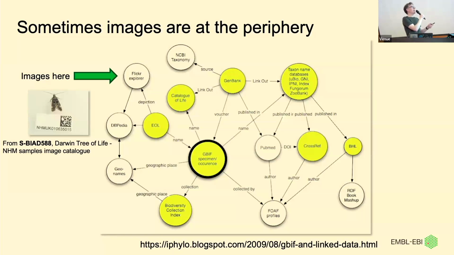So the big one in the UK is called the Darwin Tree of Life, which is trying to sequence all eukaryotic organisms. The sequence is the big part, but it's also useful to have sample images, and the images are kind of the major player here. They need to be linked to from the main bit of the data, and we have a responsibility, if we can, to provide our data in a way that allows it to be linked